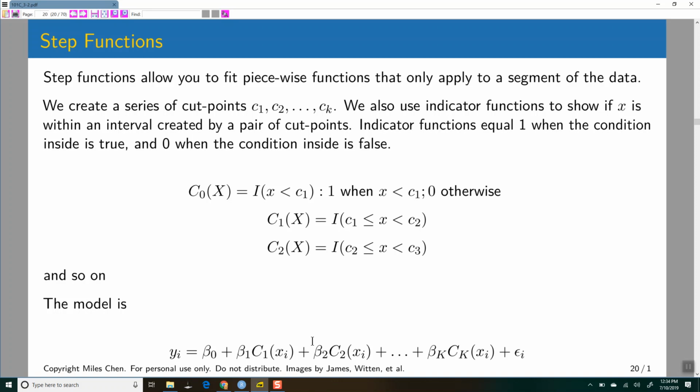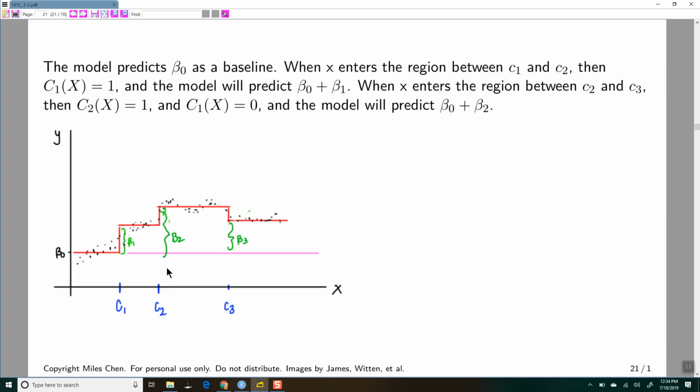Okay, we can talk about step functions. So a step function basically looks something like this, right? You've got these dots, and a step function says, okay, for this interval, we're going to fit one value, and then for this interval, we're going to fit another value. For this interval, we fit another value, and for this interval, we fit another value. Okay, so a step function just says,